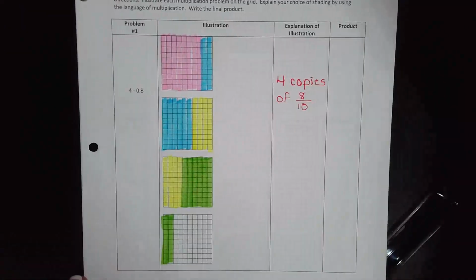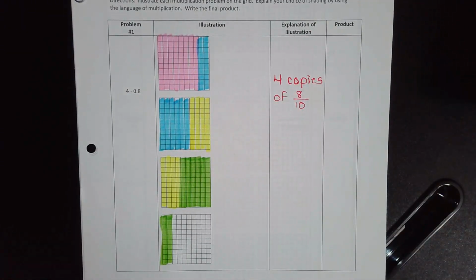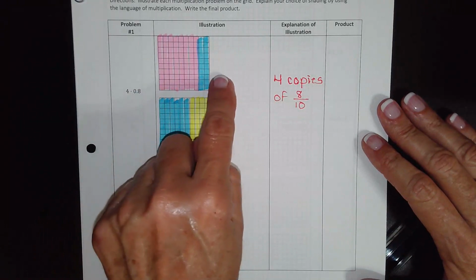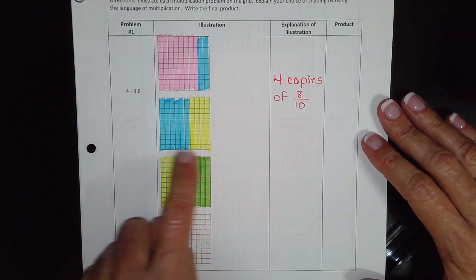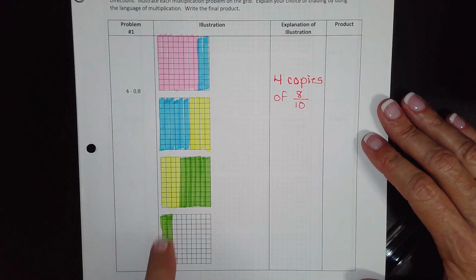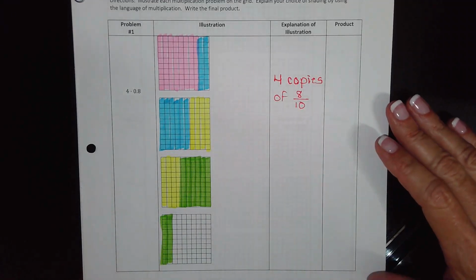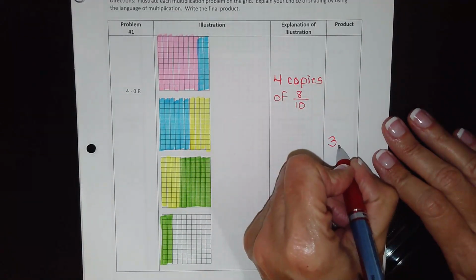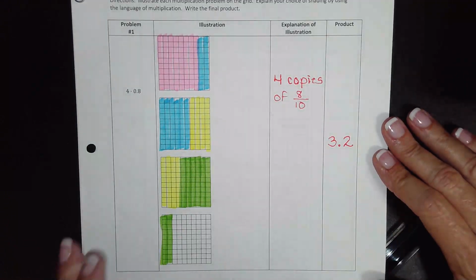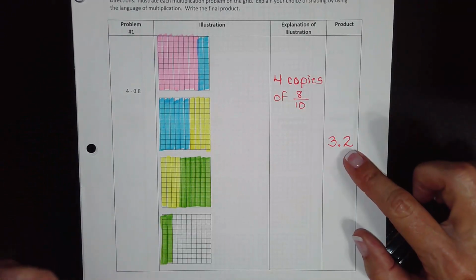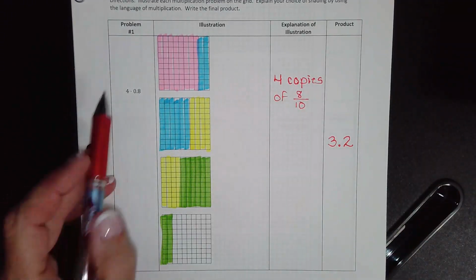Remember, I'm going to make this a little smaller so you can see it just for this problem. So remember that this stands for 1 whole. So 1 whole, 2 wholes, 3 wholes, and 2 strips means 2/10. So it's 3 and 2/10 will be the answer. So 3 wholes plus 2 strips are 2/10, either way, but this is decimals, so we keep